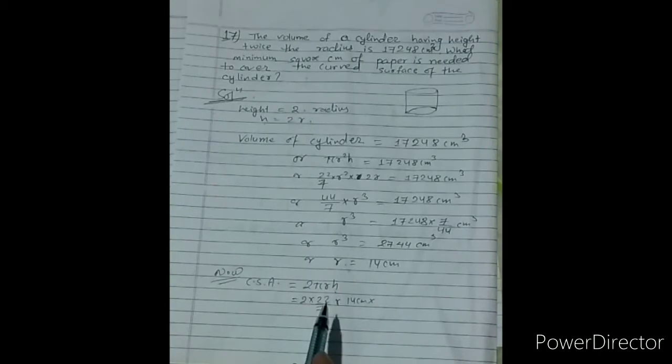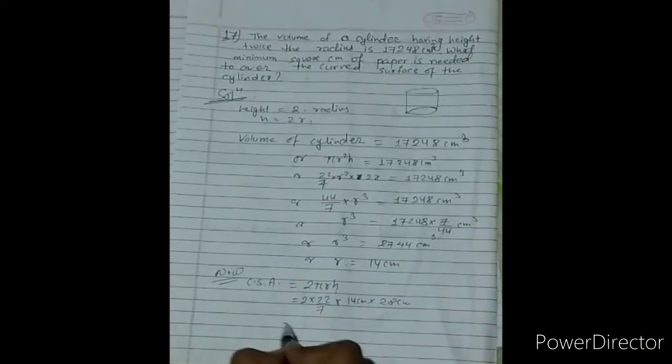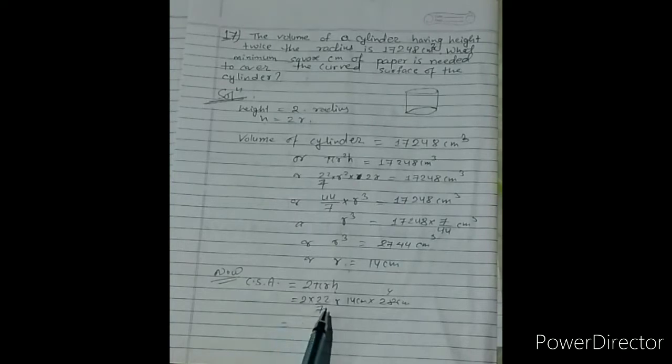H is double of r, so we can write 28. Now 7 4s are 28. Now if you multiply 2 into 22 into 14 into 4, we get